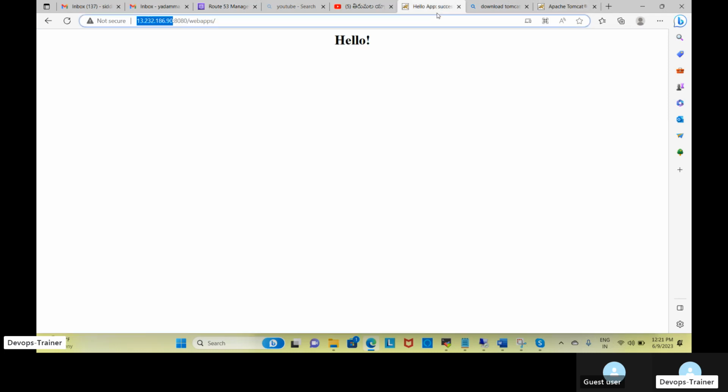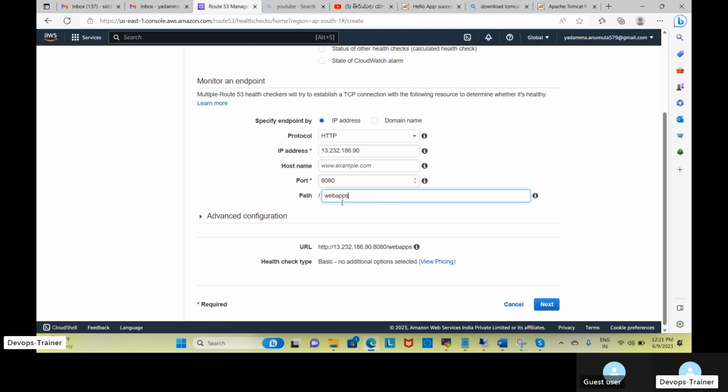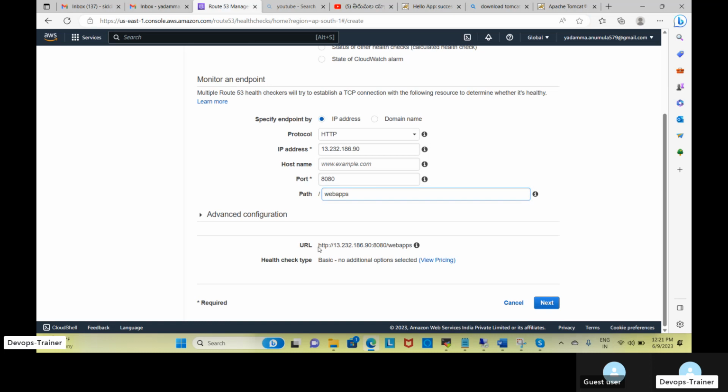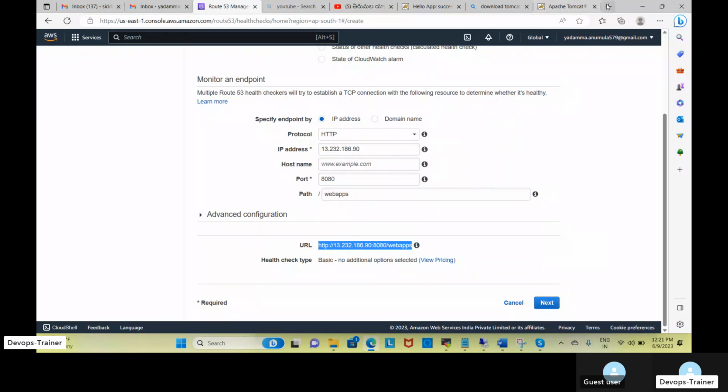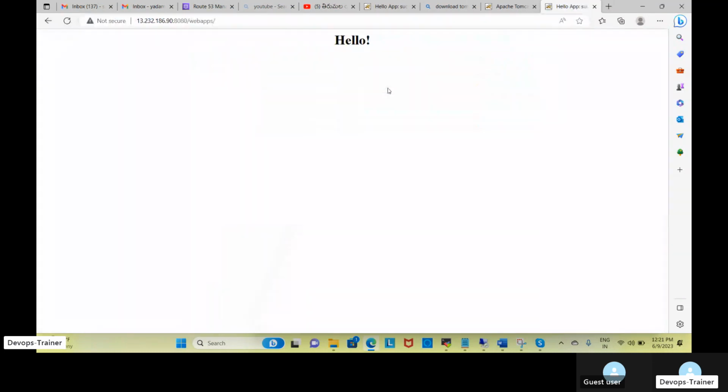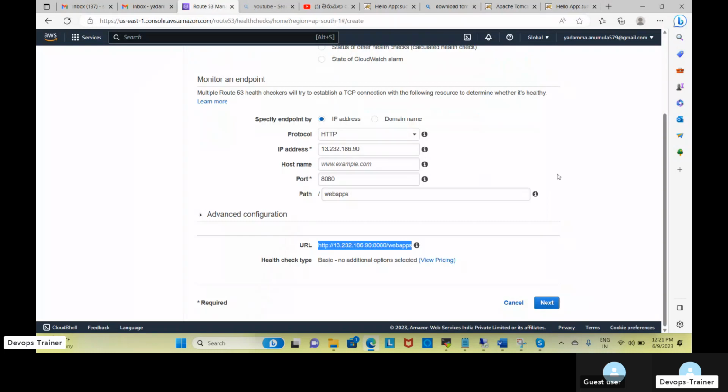Whatever you see here, you need to segregate and give. So this is our IP, port number and context path. Okay, so those are being given here. Just make sure, copy and check whether you have given it correctly or not. So it should say hello, which means the application is running and working fine. Okay guys,